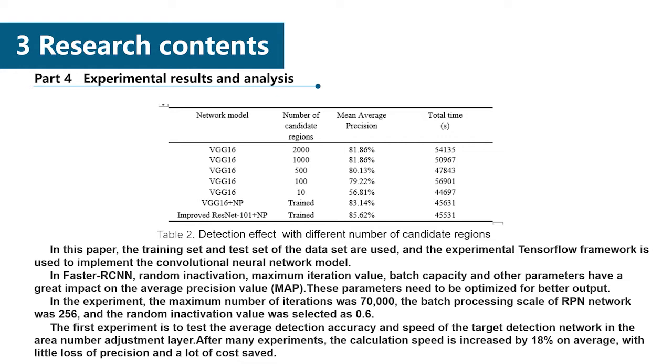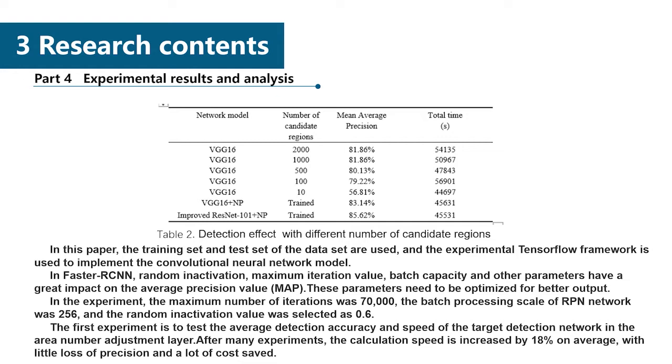These parameters need to be optimized for better output. In the experiment, the maximum number of iterations was 7,000. The batch size of the network was 256, and the random inactivation value was selected as